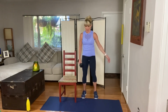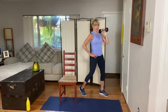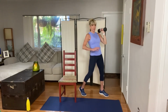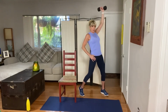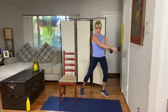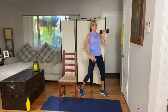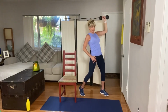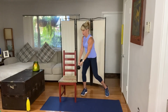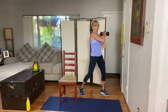Shake out your hand. Now we're going to work the shoulder and the abdominals together. Separate your feet shoulder distance apart and rotate to the right. You're going to press, hand on the other hand, chop, and up. Press, hand, chop. So combination shoulder and core. Chop, swivel the feet on the chop. Press, hand, chop, hand to shoulder. Press, hand, chop,